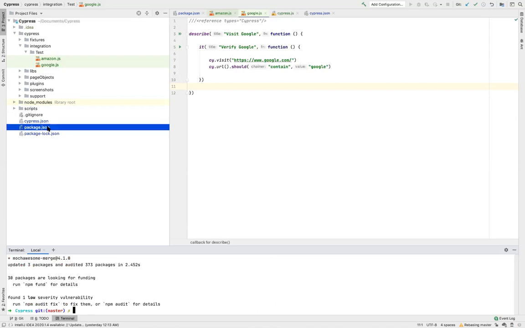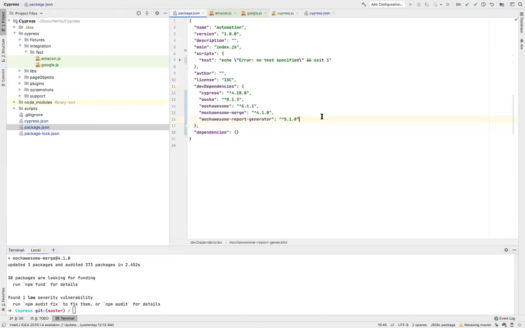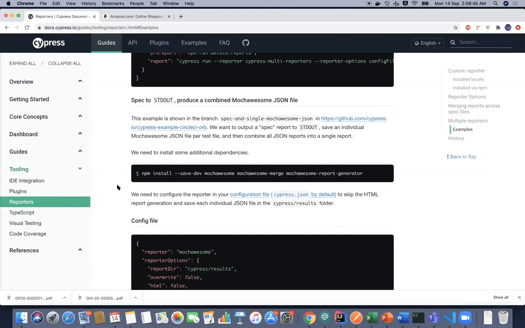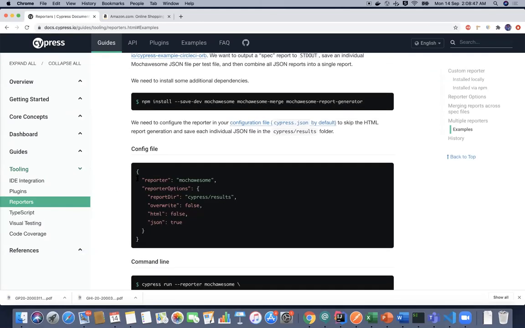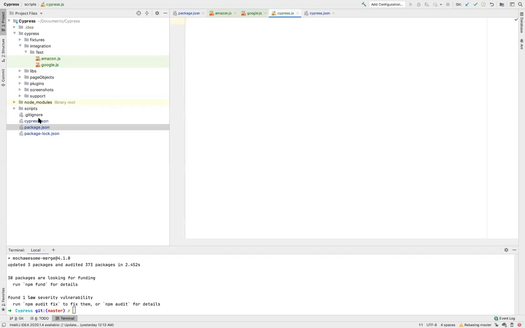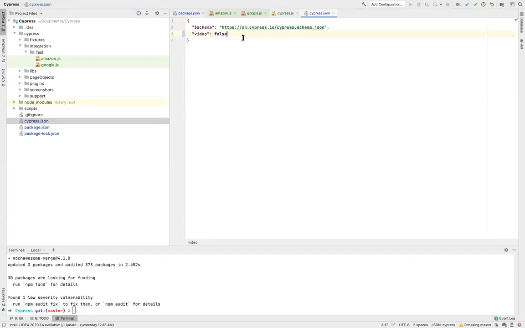Once these dependencies are installed, you can see them in your package.json file. The third step that they have given is that you need to add this configuration in your cypress.json. So let me add these configurations in the cypress.json file.